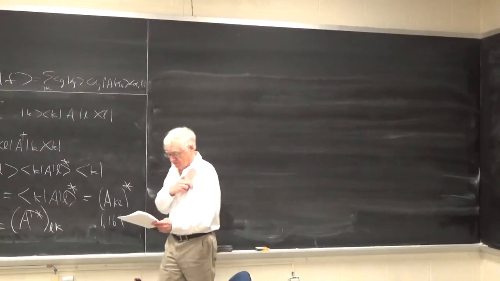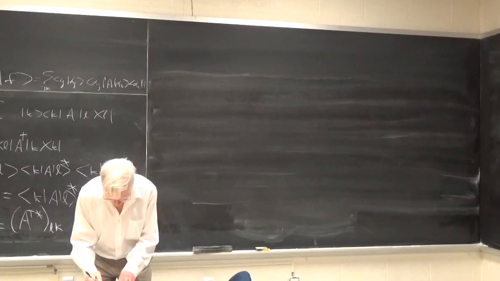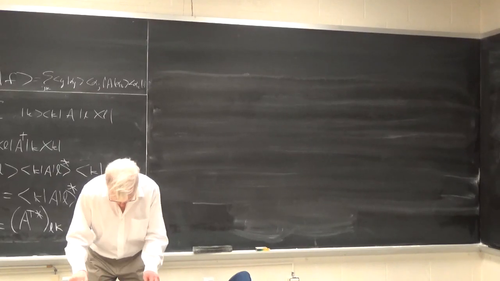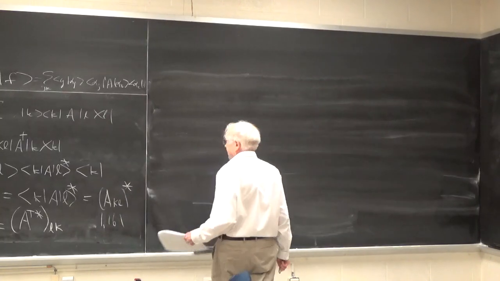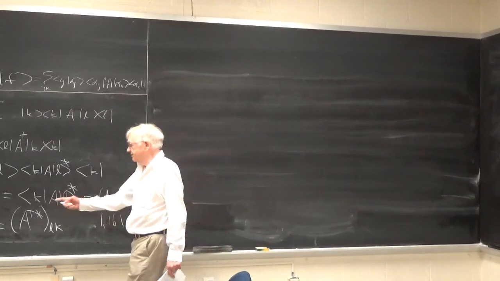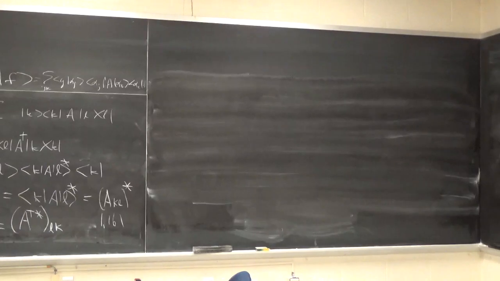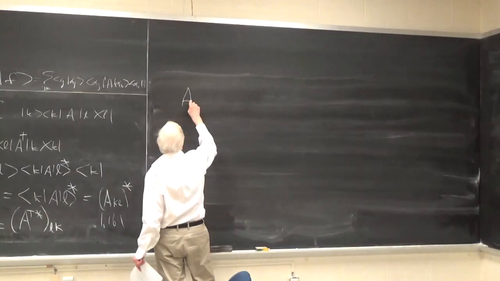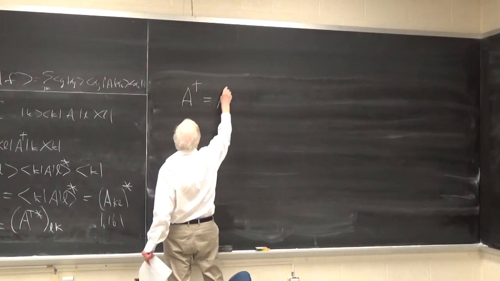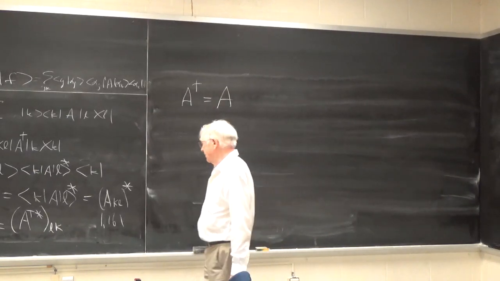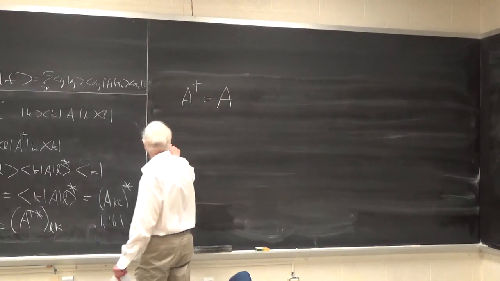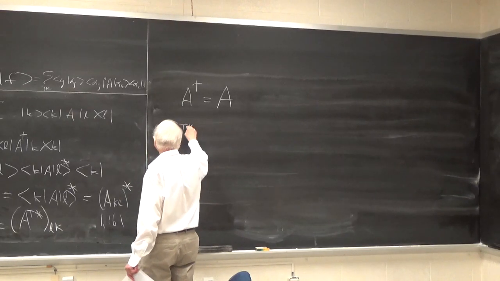All right, I tell you what. I will do the rest of this section in the problem session, and I'll go on to self-adjoint or hermitian linear operators. Well, notice that I've been focusing here on the adjoint of an operator. There are some special operators that are very important in quantum mechanics, such that the adjoint of the operator is the operator itself. Well, in that case, this relation would be A transpose complex conjugate